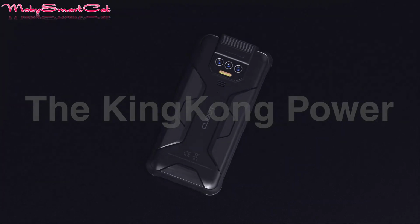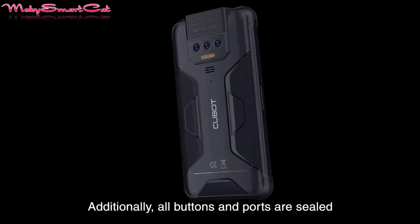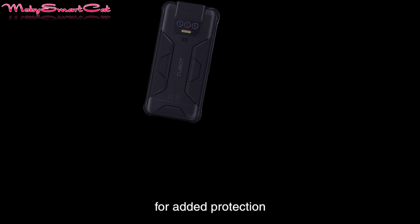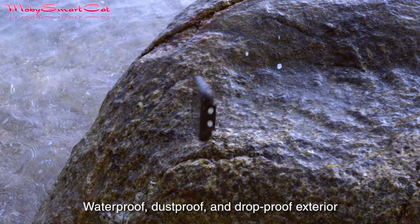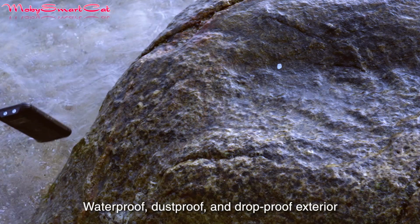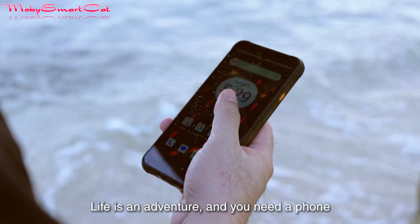The well-known brand Cubot returns with another addition to its spectacular range of rugged phones. This time it's turned on the Cubot KingKong Power, a device designed for the most adventurous users, arriving on AliExpress starting May 10th. KingKong Power integrates a huge battery of 10,600 mAh with 33 watts charging and supports